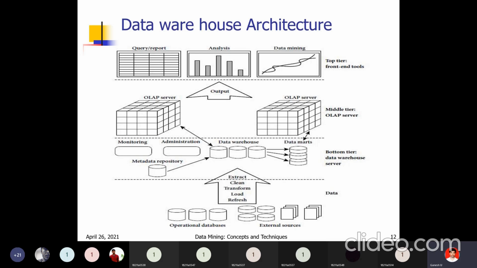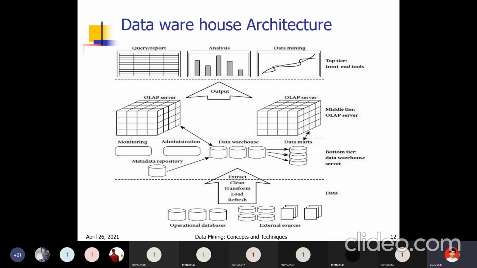So analysis is there now. First query and report, next analysis. Analysis means bars. The first bar represents quarter one, then quarter two, quarter three, quarter four. Here we are taking only time, only four quarters, though other parameters could also be taken as examples. Just using bars we will represent it, and finally we can represent it using graphs.